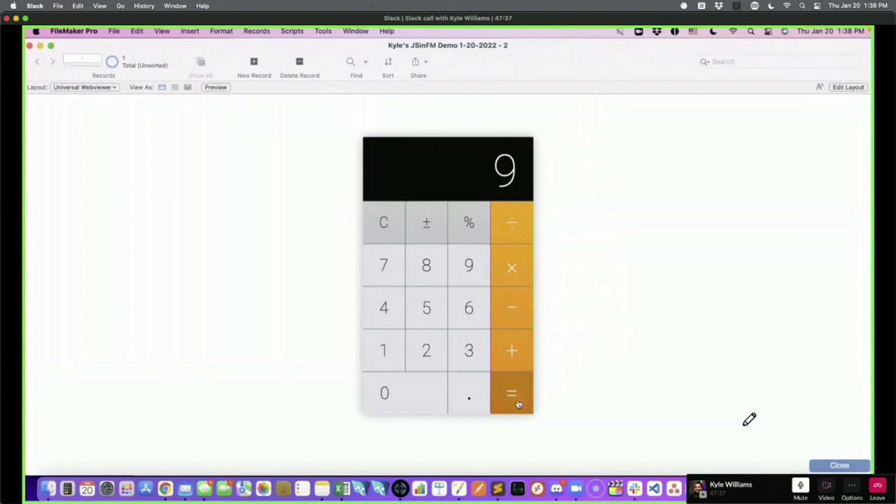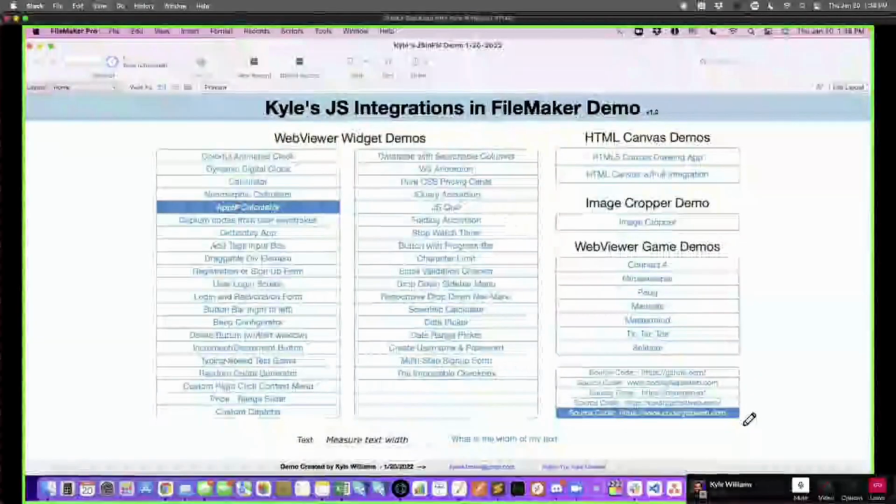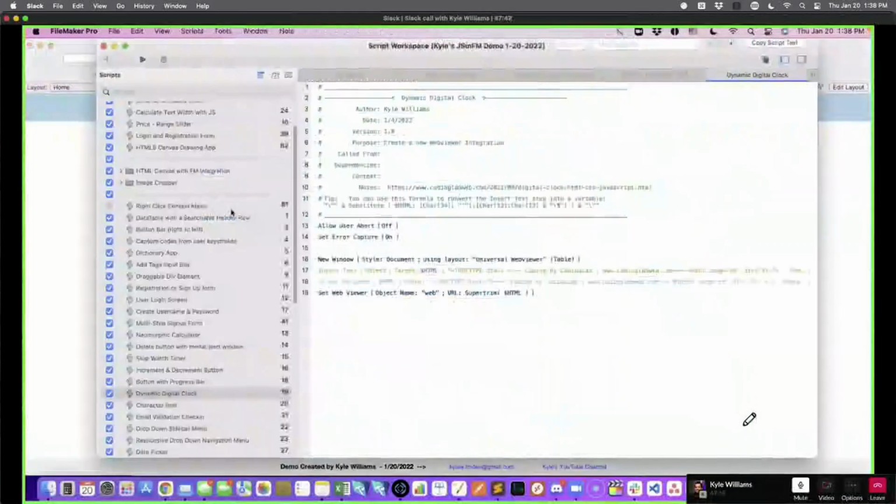So yeah, 81% of 9. So pretty handy to have if you just want to throw a little Webviewer widget. You can put that in there. And again, I might recommend making that a little bit smaller. So if we go to